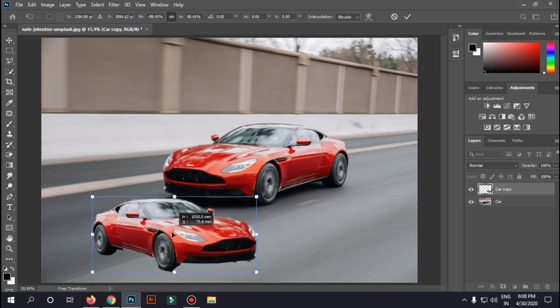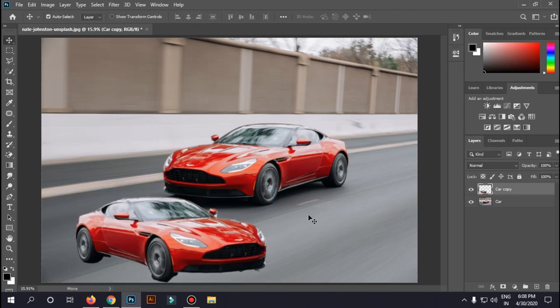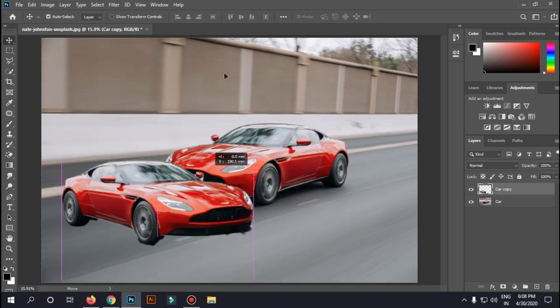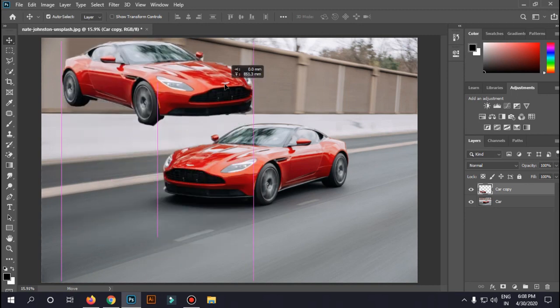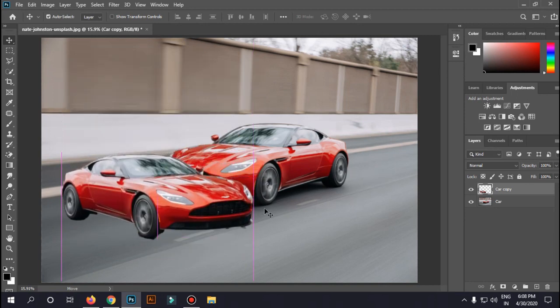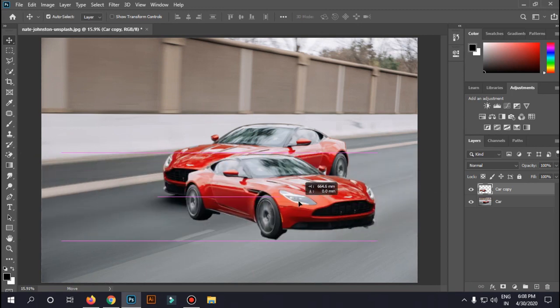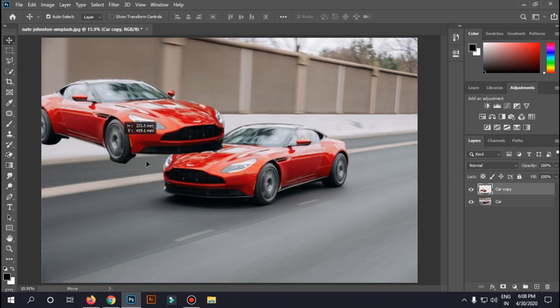Let it be in this manner. Okay, it is a rough selection. Just click Enter. Now the object has been selected. You can move it wherever you want. If you hold Shift and move it, it just moves in a particular way, like if you want to move it this side, it moves in a straight line. If you leave Shift and move it, it moves however you want.